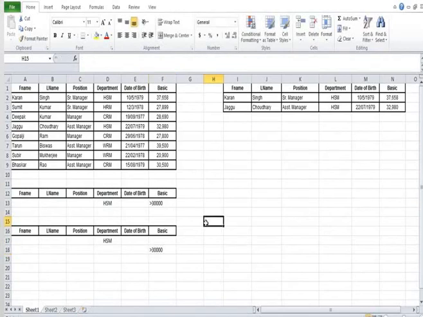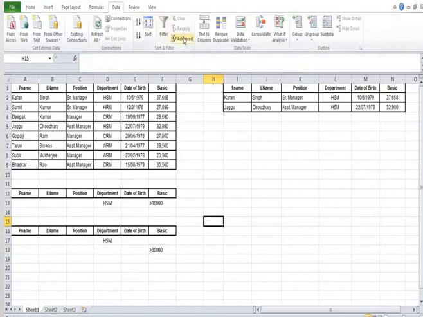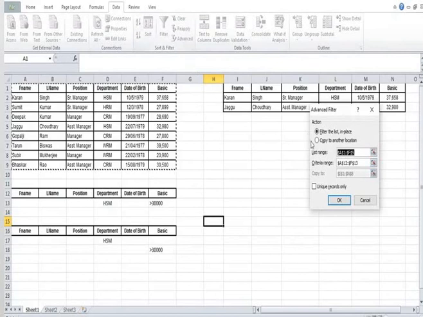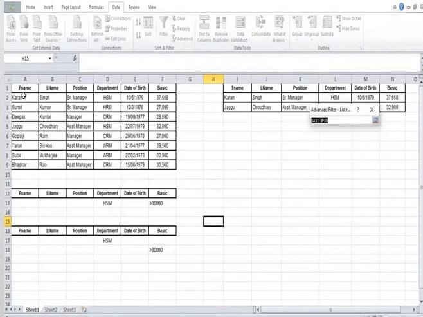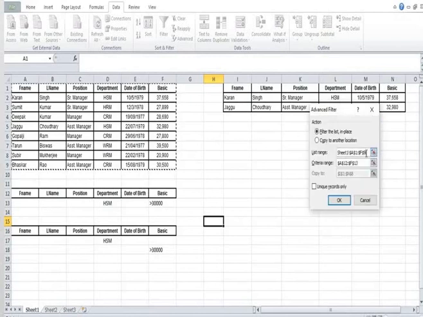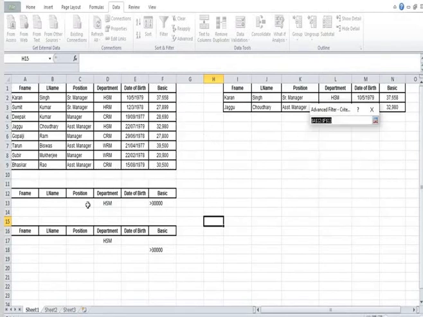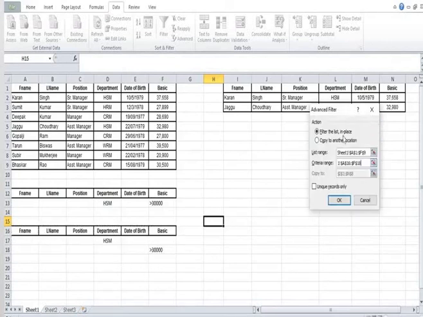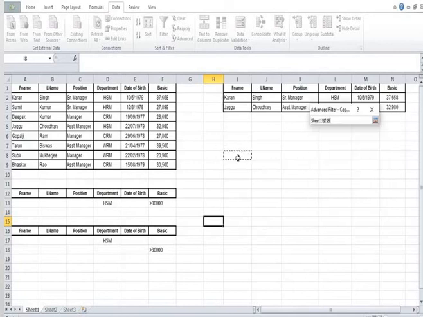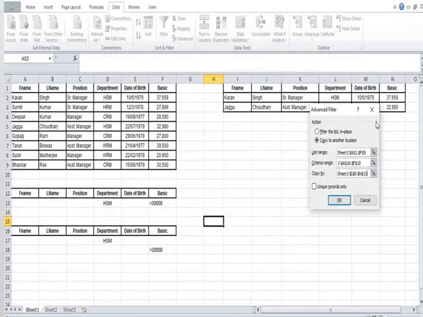Once we write the criteria, we will go to Data, then Advanced Filter, and then give the list range by selecting the entire data. This time, we will give the criteria range by selecting this data. Click on Copy to another location and then select the area where we want the output data. By this process, we can filter various